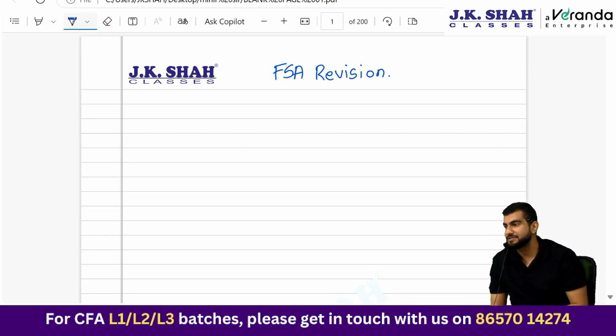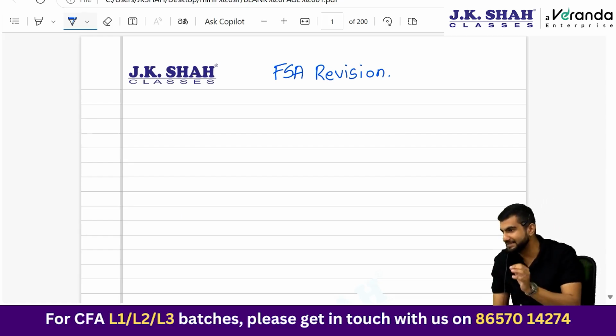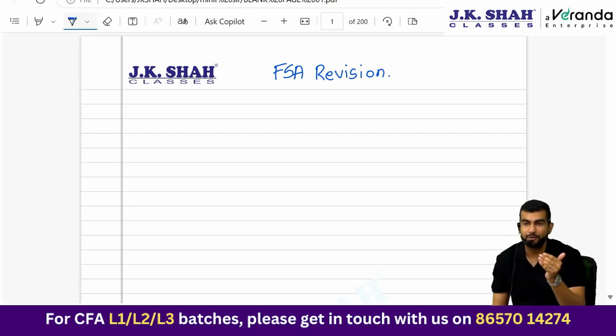Then fourth step is what? Why did you do all this? Ultimately to be able to analyze. So fourth step is analyze the data. Fifth step is conclusion. Ultimately all this hard work was so that we could conclude. So fifth step is conclusion, and sixth step is what? Follow up, data updation, because data becomes stale in no time. So you have to continuously update your data so as to remain in touch with the current data, right? Okay, and always remember one thing, the output of one step forms the input of next step. Could be testable, please be very careful. So output of processed data is an input of analyzed data, right?